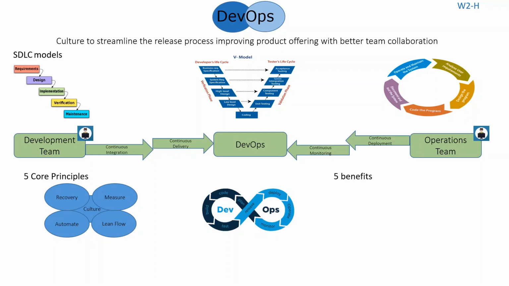So what are the benefits DevOps provides? If you see the first one, the faster lead time. What is the lead time actually? The time elapsed between the order and the delivery. So by using DevOps, you can experience a 440 times increase in speed of lead time. It means the time elapsed between order and delivery will get faster by using the